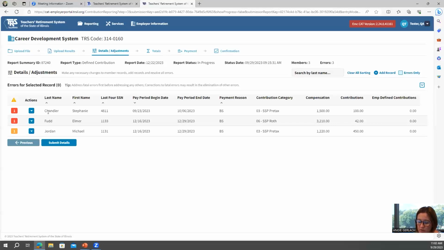So the first one I want to point out to you is next to Stephanie Chandler. Stephanie has a red box to the left of her name with a little number 1 in it, and that means that she has 1 fatal error associated with her record in my report. So whenever someone has a fatal error and it shows up as red, that means that it has to be resolved or you will not be able to continue with your reporting. So if you click on the little red box,